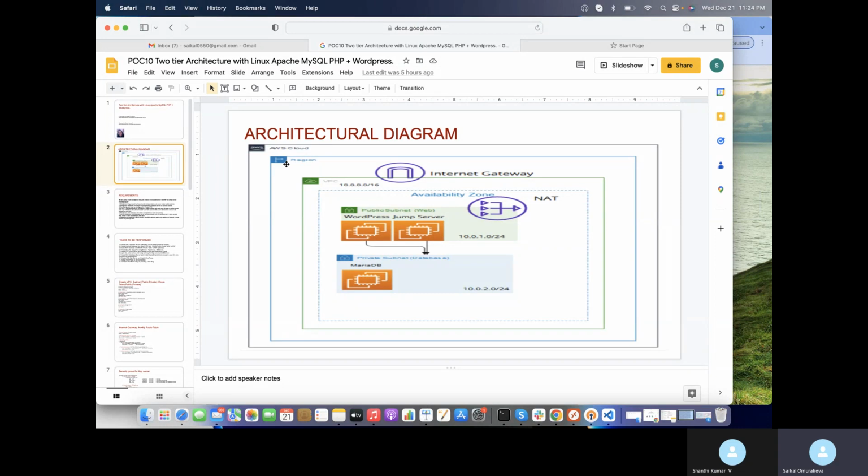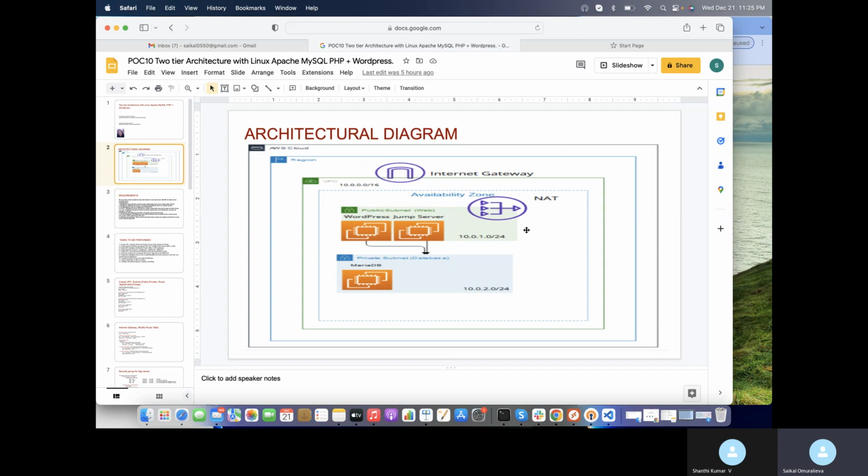I have the region. I will choose the US East 1, North Virginia. So here we have the internet and VPC. We have two availability zones, in which we will create the three instances. Two of them would be on public subnet, and one of them on private subnet. On private subnet would be our database for the